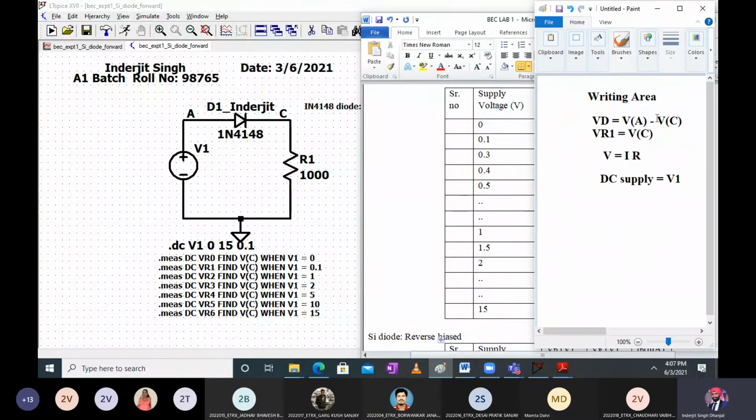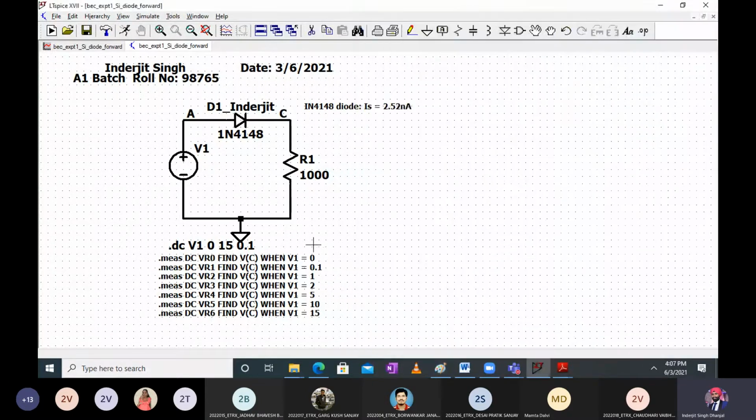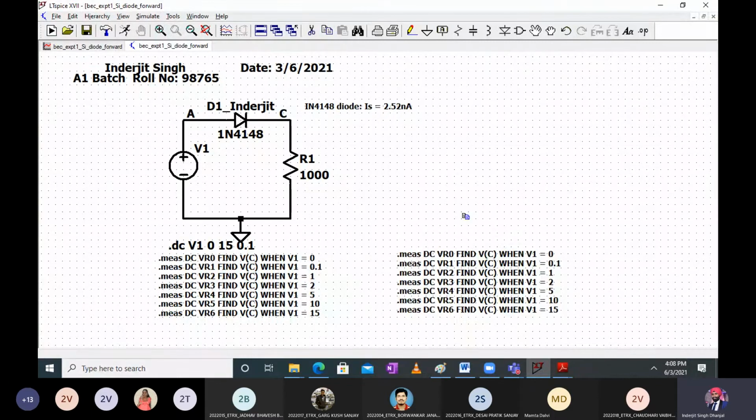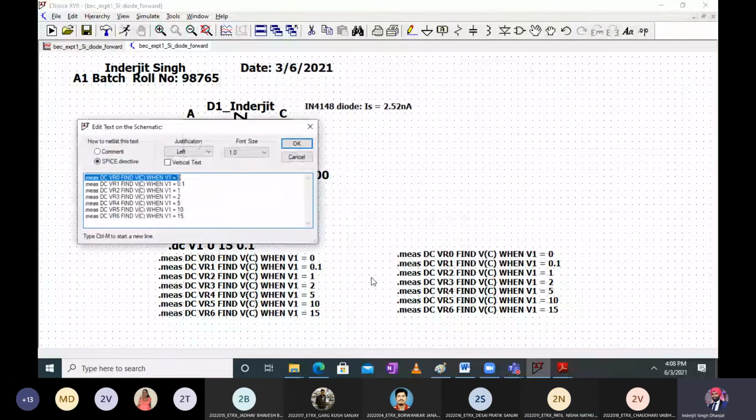So my diode voltage is VA minus VC. So तुम्हें क्या करना है? There is a very good feature in LTSpice near the cancel button. Copy. So click on this, copy this, and take it over here. So can you tell me what I will change over here? V of A minus V of C. Correct. Absolutely. And what will happen over here? Instead of VR0, I will write VD0. Simple it is. So you just do this quickly.